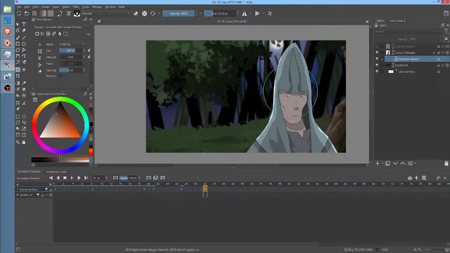And then what Krita has to do is calculate that weighted manipulation on every single pixel on every single frame going forward and backward. That's a lot of calculating, friends.